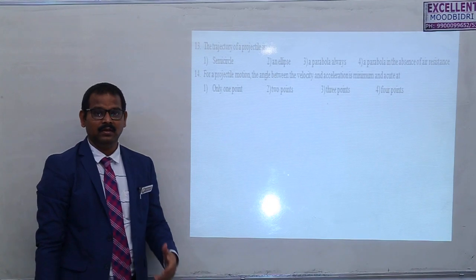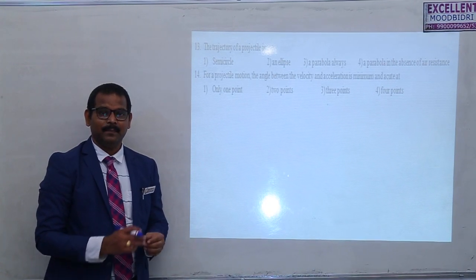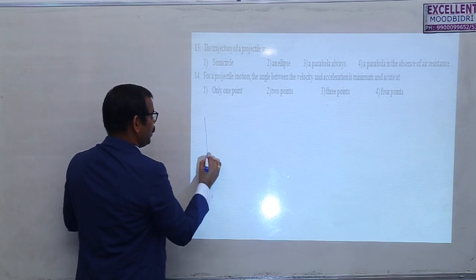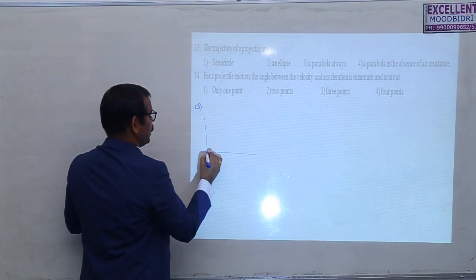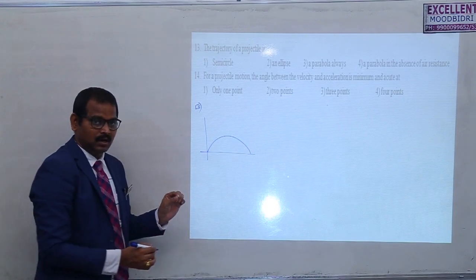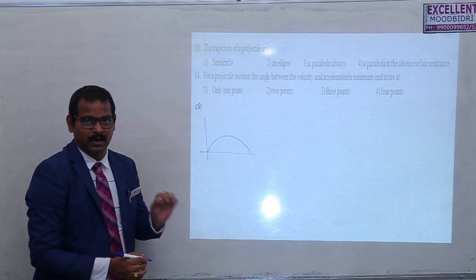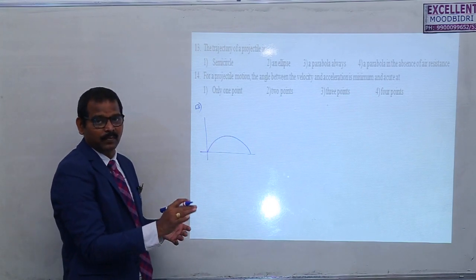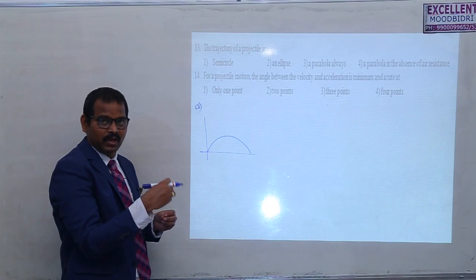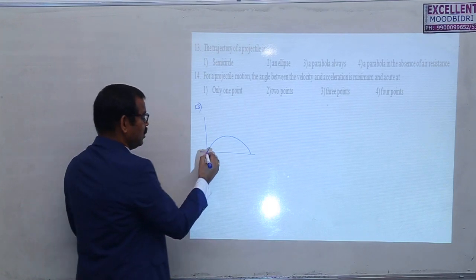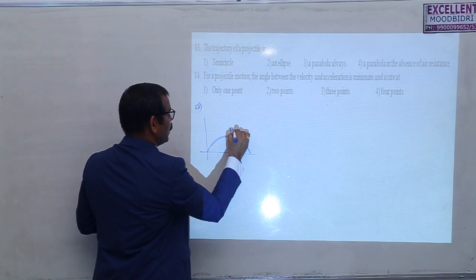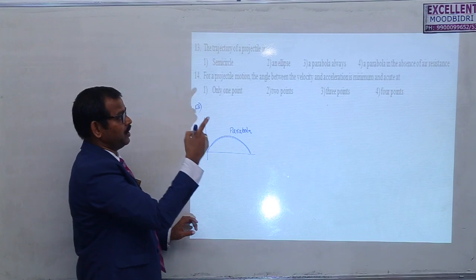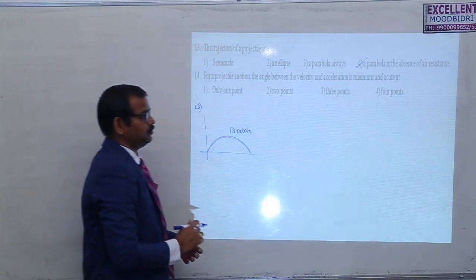The trajectory of a projectile. In the NCERT textbook it is given that the path of a projectile is a parabola, a very, very important question. Here, when we are deriving the equation for the path of a projectile, the projectile is a particle which is moving only under the influence of gravity. No other forces are acting. That means if air resistance is neglected, meaning even the resistance due to air, which is also a force, is neglected, then only it is a parabola. So the correct answer for this one is that the trajectory of a projectile is a parabola only in the absence of air resistance.